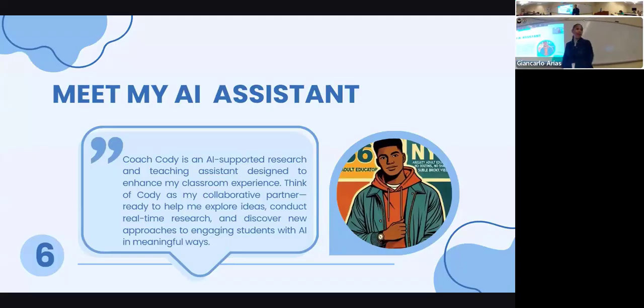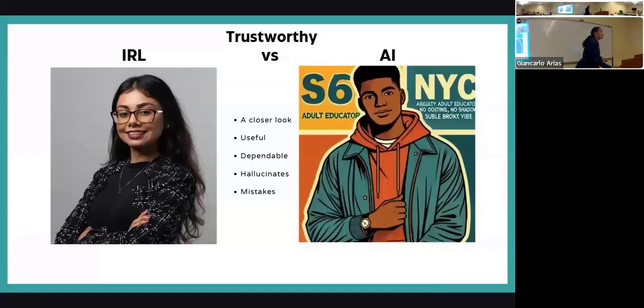So I have Oma and I have Coach Cody. So why am I bringing this up? Because one of the main issues when it comes to people using AI is they are very much still concerned with what? Trustworthy. Can I trust the tool? So when I was thinking about this teaching assistant that I wanted to create that was AI, I started to do the comparison and I looked at, okay, we've got Oma. We'll take a closer look at them side by side.